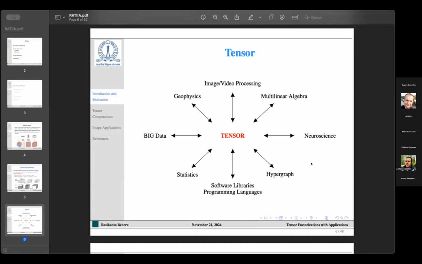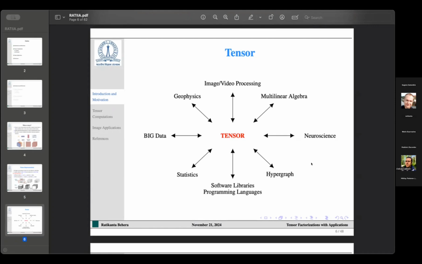In a similar way, we can see that A is a tensor, X is a tensor, and B is a tensor. This is a multilinear system, and multilinear systems also have many applications. In this talk, we'll talk about one specific application in this multilinear algebra. Apart from that,